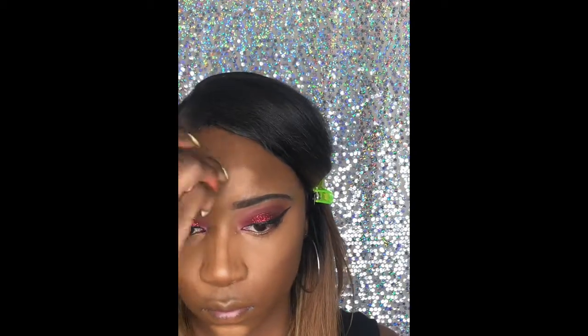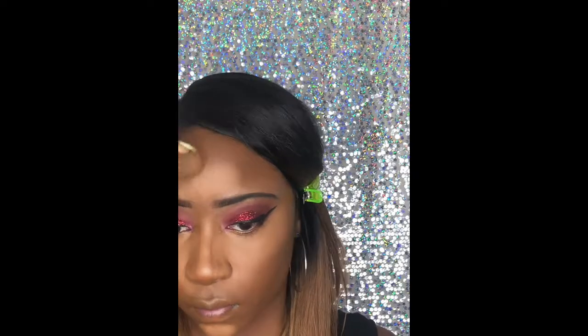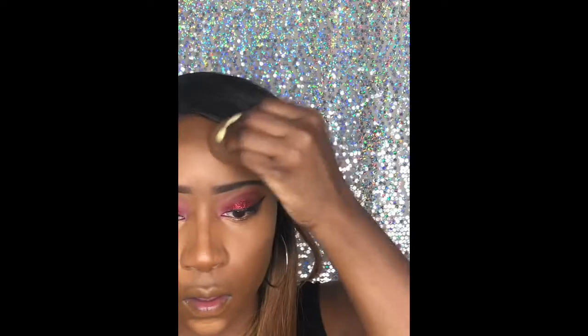And when you're choosing your highlight shade, this is very, very important. Only go 1 to 2 shades lighter than your skin. No more, no less. So now I'm going into my Sacha Buttercup powder and I'm going to set my highlight